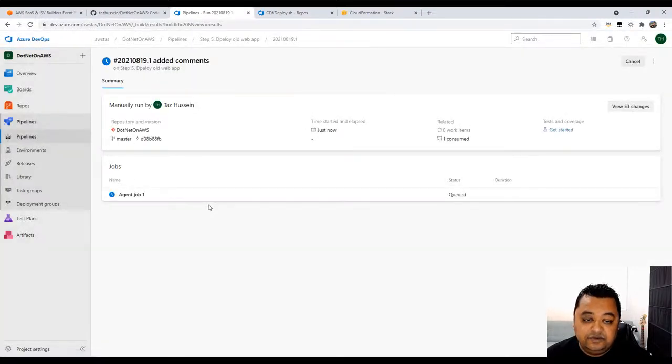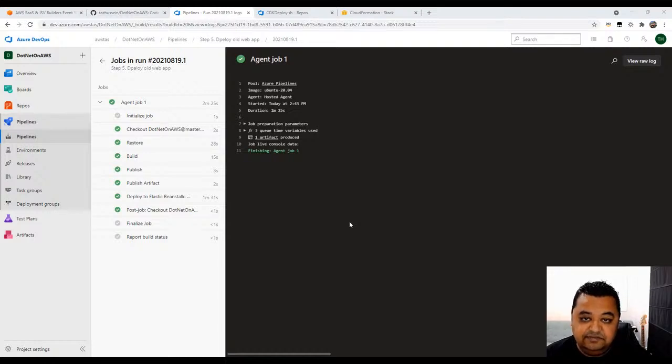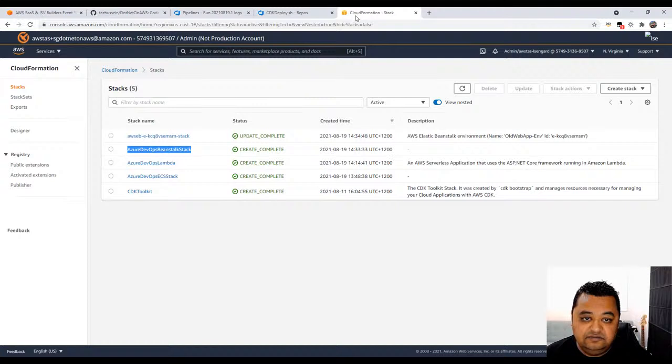Cool. So what I'll do is come back once the deployment has finished and then walk you through the deployed assets, and we can then go ahead and test out our website to see what it looks like once it's been fully deployed from Azure DevOps onto AWS. Okay, so it looks like our application has built and deployed successfully. So let's go ahead and go to our AWS console and search for that. So if we go to Beanstalk,